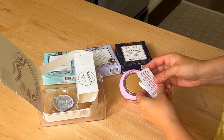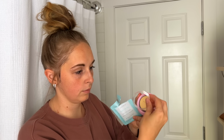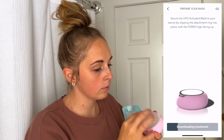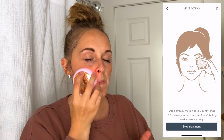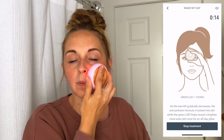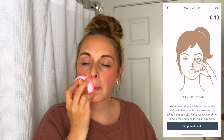And it makes it so easy to use. It's rechargeable, so it's perfect to go into my tote because I can just take it on the go if I want to, or I don't have to be plugged into anything, which is so great for my cozy little time. So today I have the Make My Day, the Call It a Night, and the Youth Junkie. So I'm thinking I'm probably going to put a couple of each of these into my tote along with the